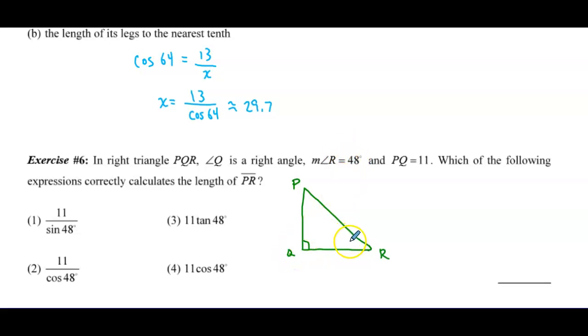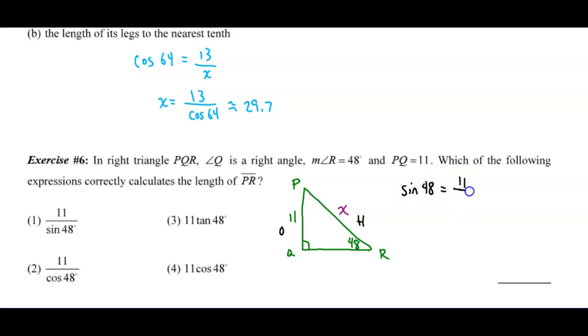Okay, so R is 48. Let's put that in. PQ is 11. Put that in. And which of the following expressions correctly calculates the length of PR? So I'm just going to put an X in that spot. So if I'm trying to solve for PR, my 11 is my opposite side because I'm going across from the 48. The X is the hypotenuse, so that's O and H, which tells me I need to be using sine, right? So I go sine 48